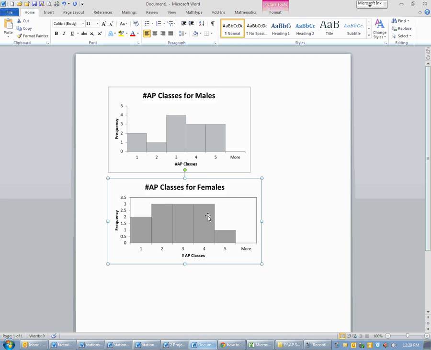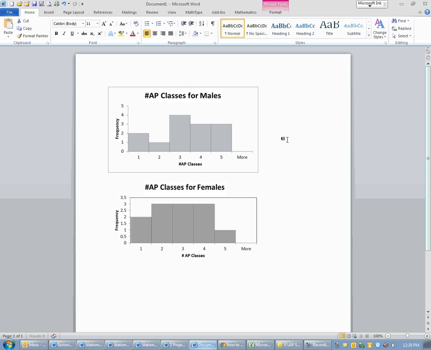And then if we're going to use the mean as our measure of center, we'd also want to compare the standard deviation for both groups. And then you can determine, are females taking more AP classes, or are male students taking more AP classes? You can also stretch and drag the graph so that they're a little bit more